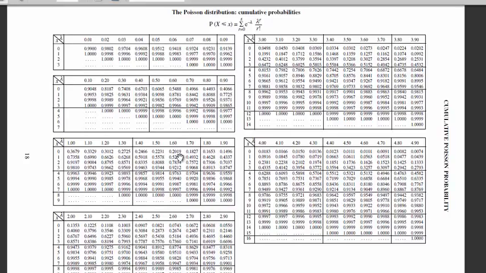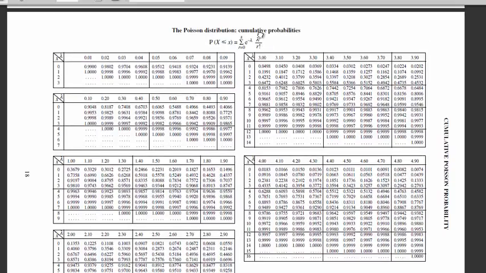What it's saying is if I have a mean of 0.07 calls per minute or whatever it is, then actually after 3 the chance of it having 4 is pretty much guaranteed. You're going to have 4 or less. Now these are cumulative probabilities, so it's the running total. So 3 or less is 1, so 4 or less, well, it's just going to be 1. 5 or less, it's just going to be 1. I don't need them all.